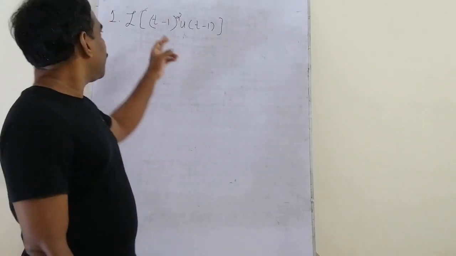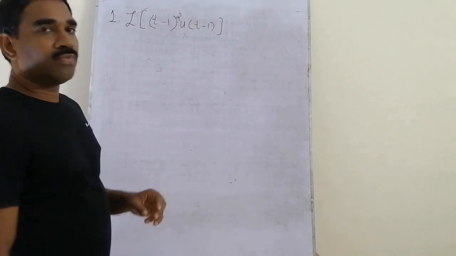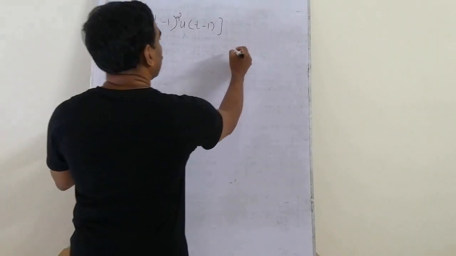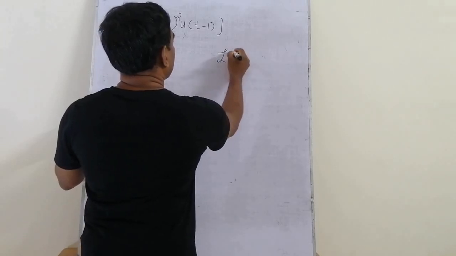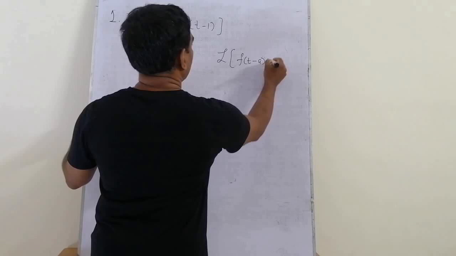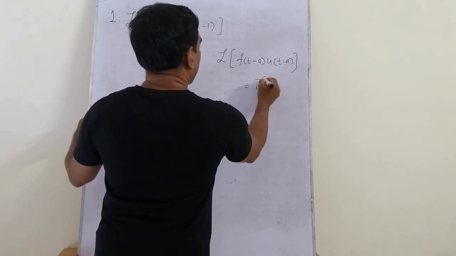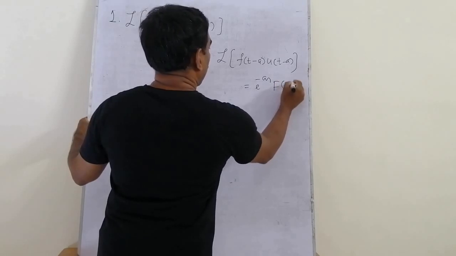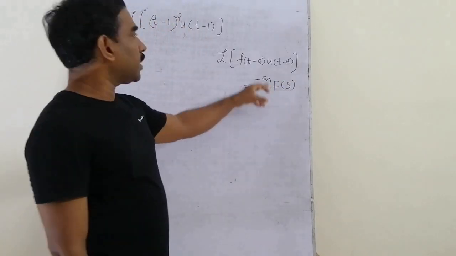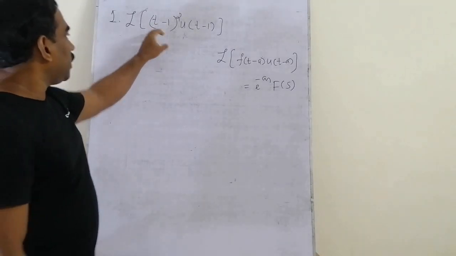That is the first problem: find the Laplace transform of (t - 1)^2 u(t - 1). For solving this problem, we will consider the second shifting theorem, that is, the Laplace transform of f(t - a) u(t - a) is equal to e^(-as) F(s), where this capital F(s) is the transform of the function f(t). And here what is f(t)? Here f(t) is equal to